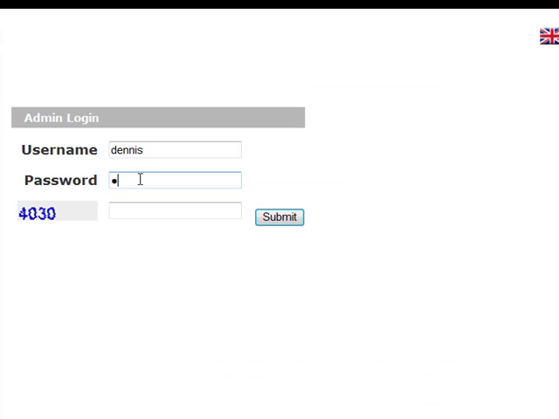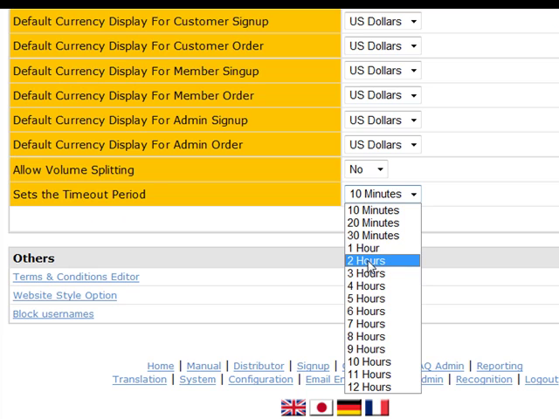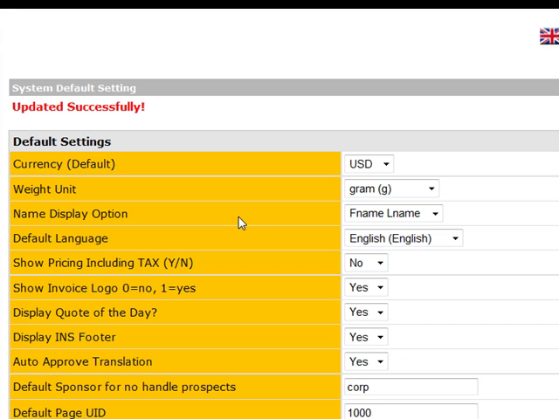The very bottom one is the timeout setting, which is currently set to 10 minutes. And actually 2 hours is usually more appropriate. Because in admin, you can be involved in a distributor problem that takes a couple of hours, or you can get distracted by a phone call, and if you'd gone most of the way through something and you come back after an hour-long phone call and you hit submit and it logs you out, it can be